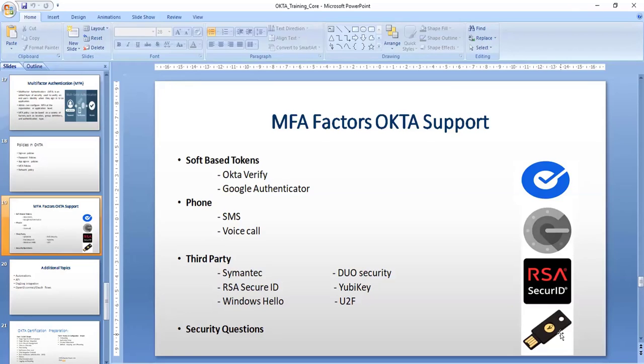And YubiKey. YubiKey is somewhat like a digital ID. The digital ID will be generated all the time whenever you log into the application, and the factor will take place. So, likewise, you have a number of options that you can configure for MFA in Okta.